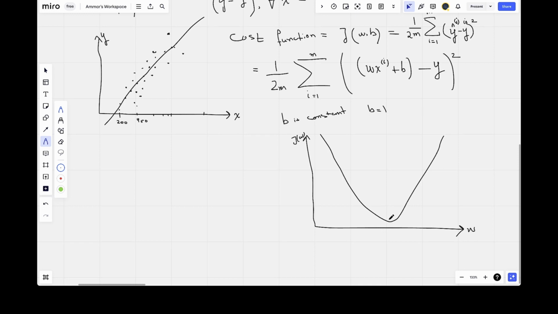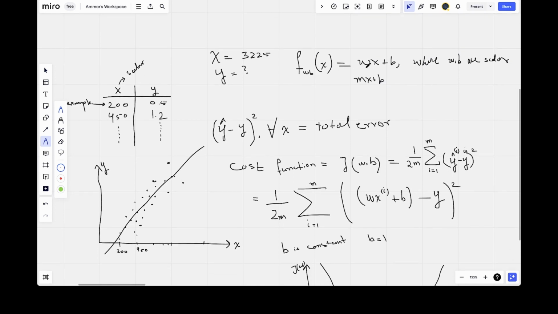And the goal is to actually get to this minima. This is the least possible cost, and this corresponds to this w value. This value, if we were to input it to our hypothesis function, will actually give us the best